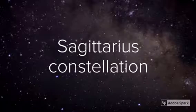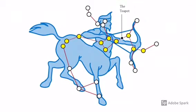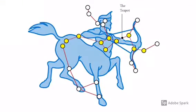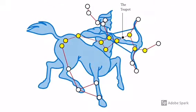I'm Max, and my constellation was the Sagittarius constellation. The dots are the stars of the constellation. It makes up a centaur with a bow and arrow. It is best seen in August or September if you go someplace really dark,